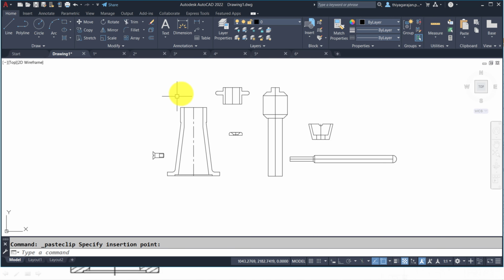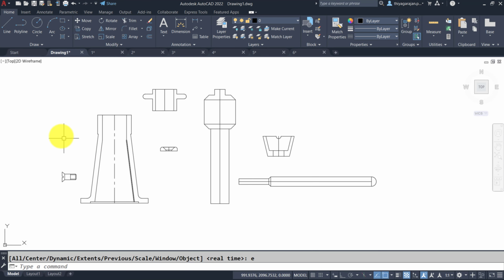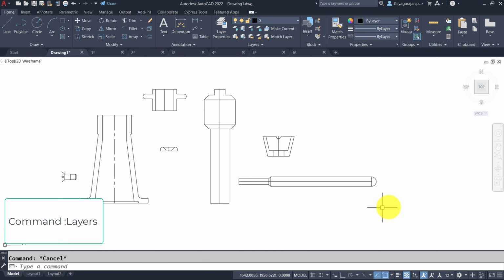Like this, I brought all the files. Now you can see there are different parts. In future, we need to control the different parts individually or all together. So for that, I'm going to transfer these individual parts into different sheets in the same file. That means I'm going to make this part in a different layer, this part in a different layer, so that I can control the particular layer later.